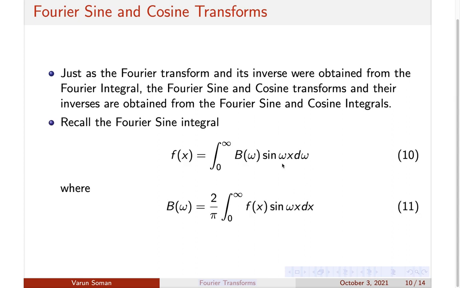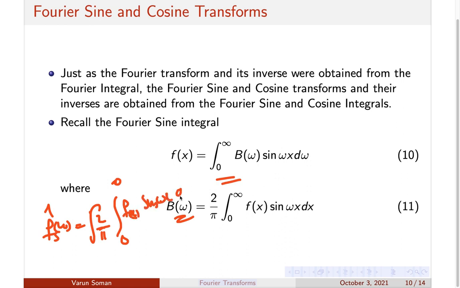I'll just substitute the value of b omega into this one. Okay, and from this I am actually writing down the definition of the Fourier sine integral, but I am not going into the details there. It's obvious if you look at the definition of the Fourier sine transform. Okay, now the Fourier sine transform is defined in your textbook as fs cap. It is written as simply root 2 by pi. I hope now you understand why I am taking root 2 by pi, because I am going to distribute this 2 pi equally there. Okay, root 2 by pi integral 0 to infinity f of x into sine omega x dx.